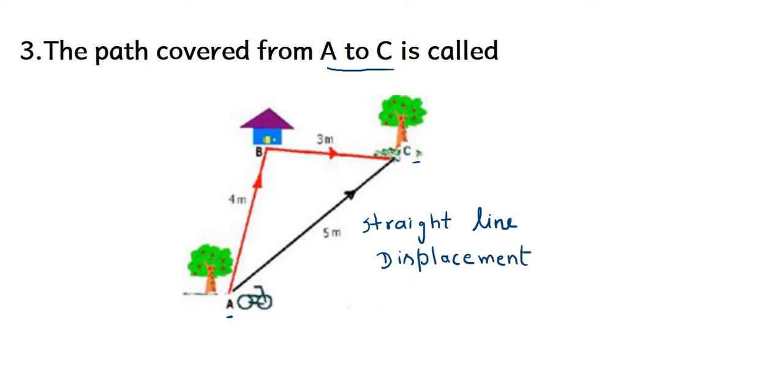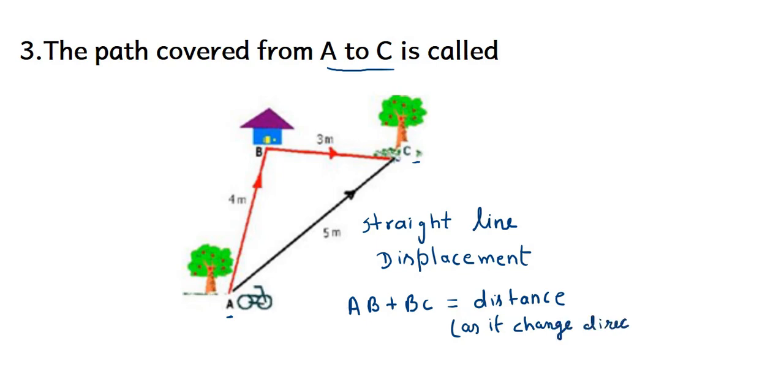Let us observe some more in this question. Here, if we find AB and BC, when AB and BC join together, this is called distance. Why? Because the object is changing its direction while traveling. When an object changes its direction or is not moving in a straight line, this length of path is called distance.